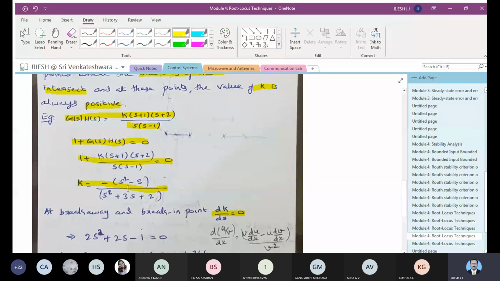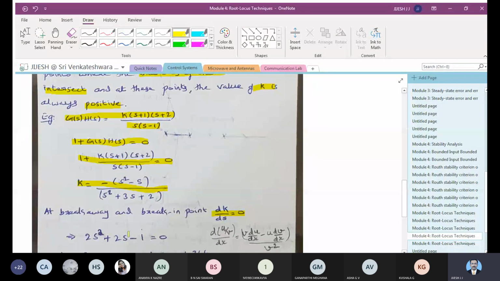So differentiating u by v, because it is minus of s square minus s divided by s square plus 3s plus 2, can be done using this equation. When you complete the differentiation for K, you end up with